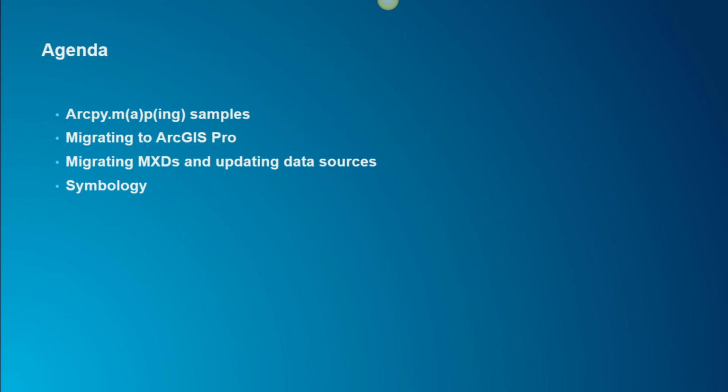And as we moved a lot of the arcpy mapping capabilities into ArcGIS Pro, we've made a lot of enhancements and we've improved upon how things worked. So things are going to be easier for you, perhaps more intuitive. And we're going to spend a little bit of time talking about what some of those changes are moving to ArcGIS Pro. And then I'm really excited to finish it off telling you about what we've done with exposing Symbology